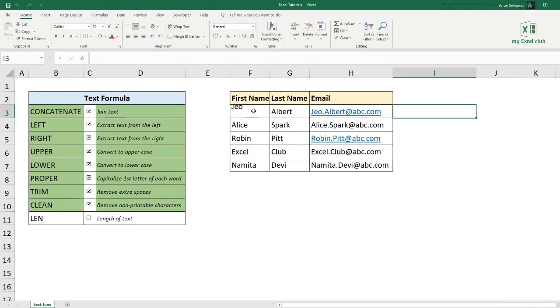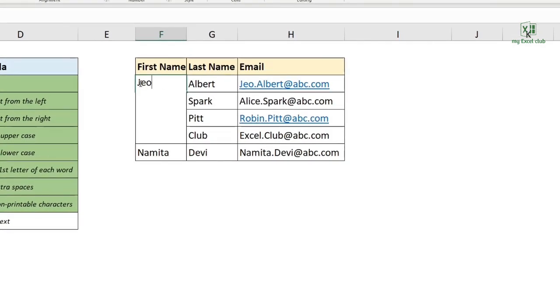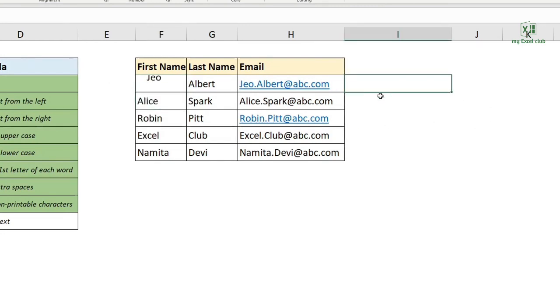For example, I have next line data, and I have some space in front of this. If I use equal to clean, then inside clean write trim, then use this text, close your bracket for trim and close your bracket for clean and press enter.